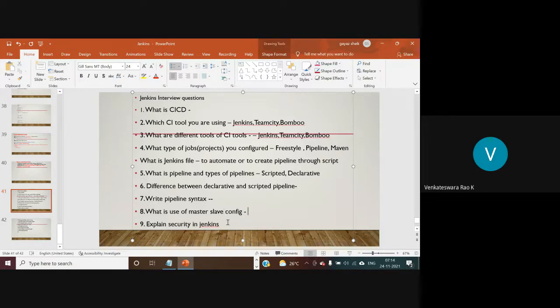Then explain security in Jenkins. Can you tell how can we provide security in Jenkins? What are the different ways of providing security in Jenkins?